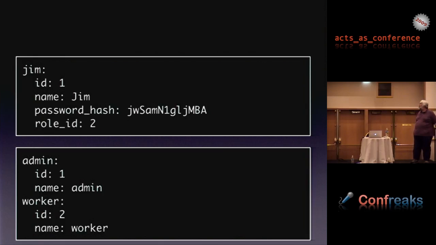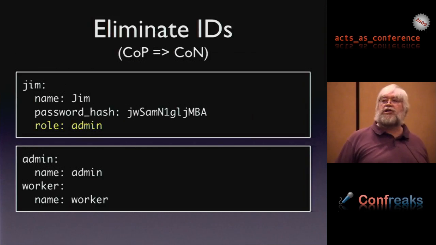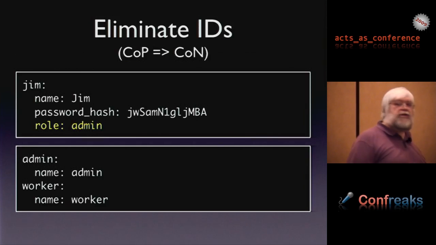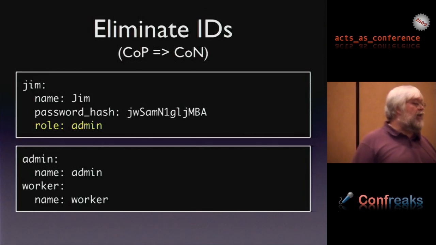Very good. So fixes for this: obviously, go from kinesis of position to kinesis of name. Newer Rails allows you to do this, where you reference the role by name rather than the ID. You can drop the ID so you no longer care where these things are in the database.